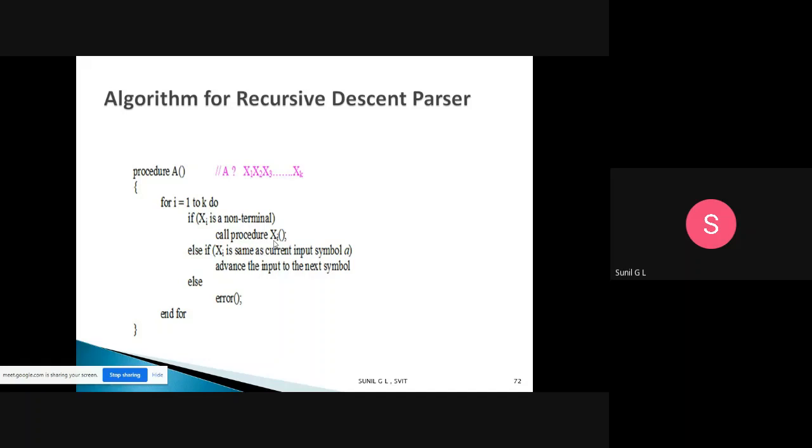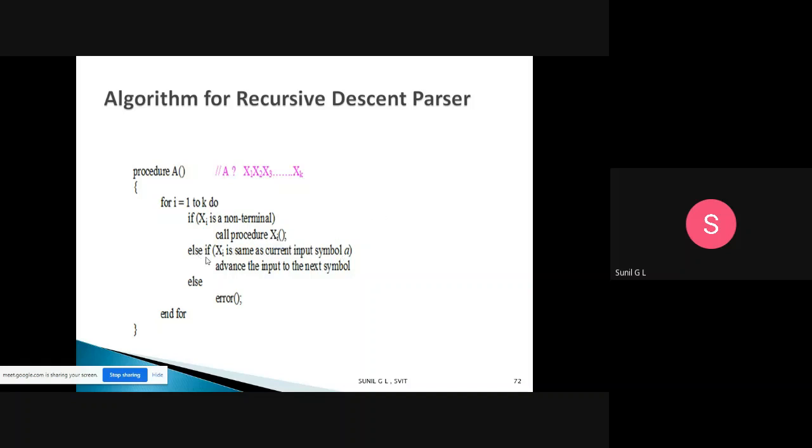Suppose A tends to x1, x2, x3 and those are all non-terminals. Then you need to call procedure xi.